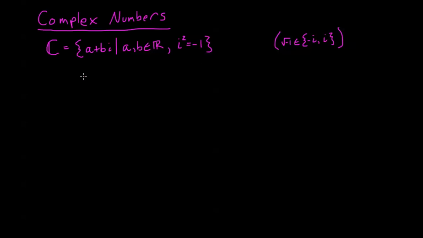Now we typically denote these complex numbers with the variable z, just lowercase z, and so we say z equals a plus bi. Now with the real numbers, we know that all the real numbers we can write on a number line. With complex numbers, we can't really write complex numbers on a number line, but we can graph them on a plane,